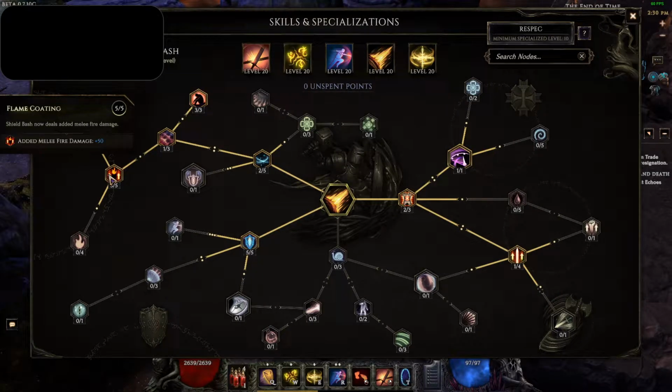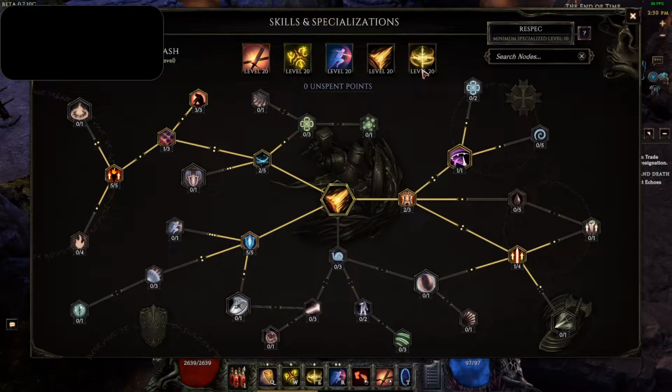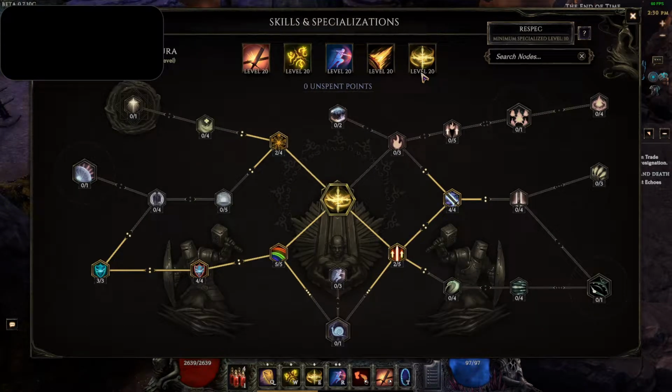This is more icing on the cake because we're not getting a whole lot of damage out of Shield Bash, but there's not a whole lot of other good options, so might as well just get some extra damage here as well. The last thing we'll take in the skills and specs is Holy Aura,